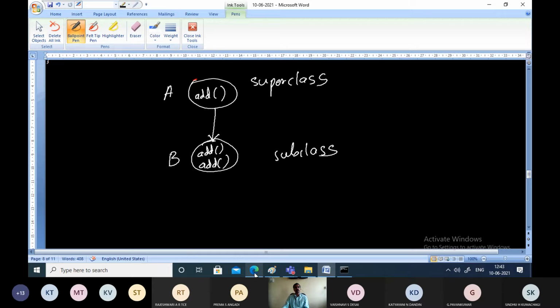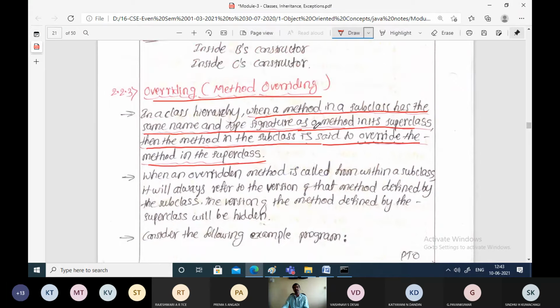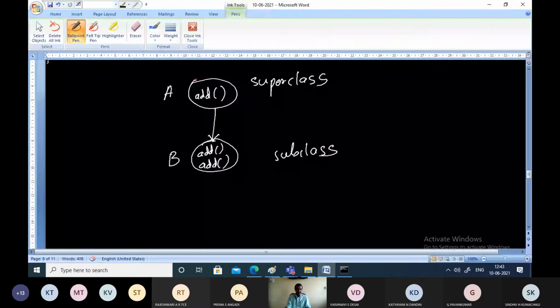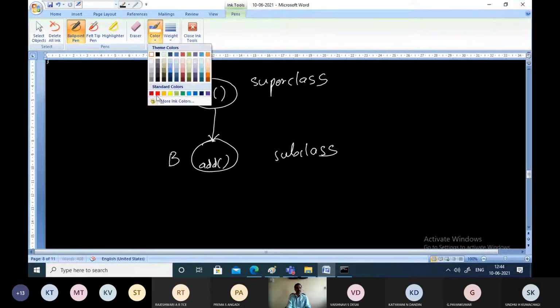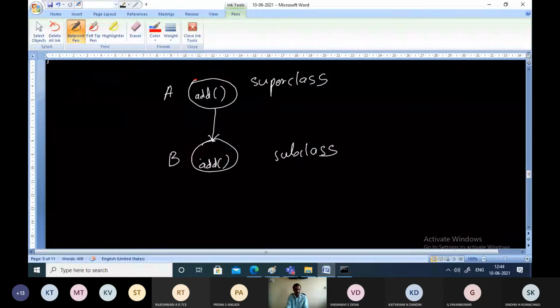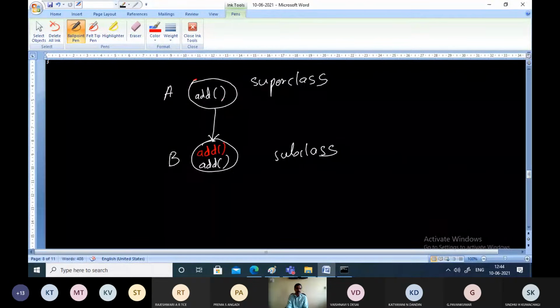When a method in a subclass has the same name and type signature as a method in its superclass, then whenever inheritance takes place, this method will be derived from the superclass.